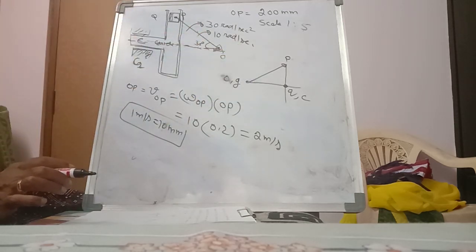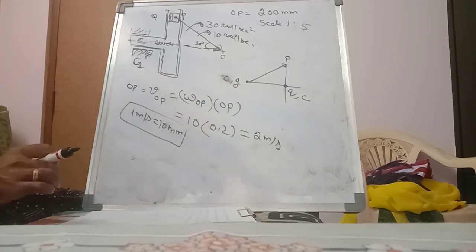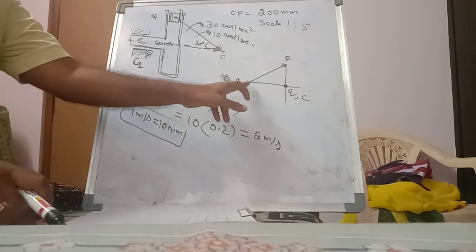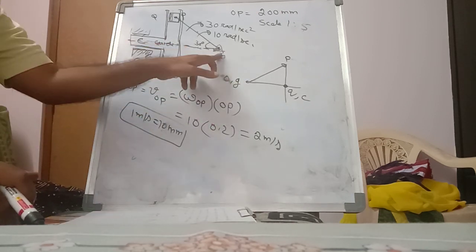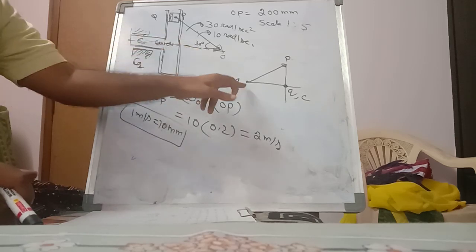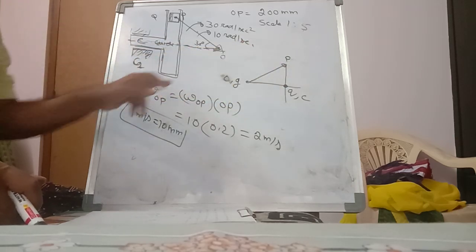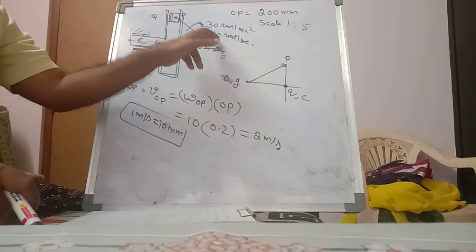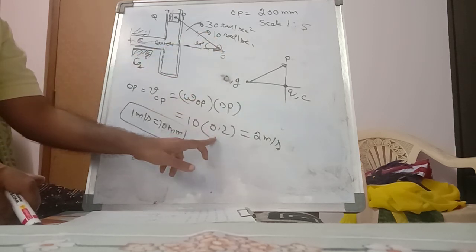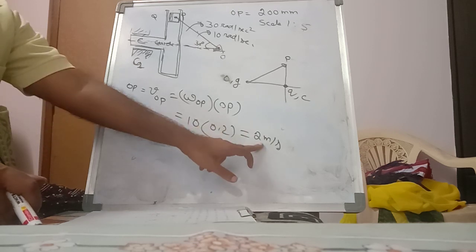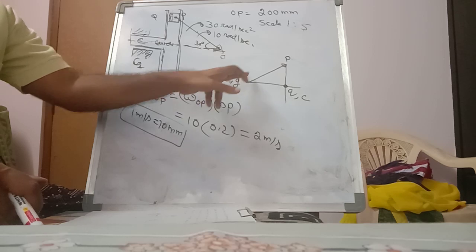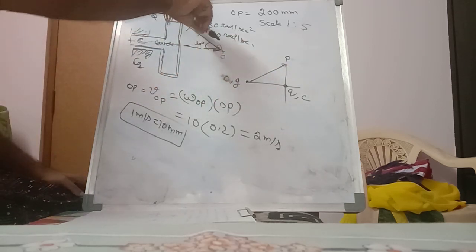Okay, so this is the velocity diagram. I will explain once again how to draw the velocity diagram. First you have to fix the O and G. This is the G, this is the O. Both are fixed points. Now draw OP. Small OP is VOP, which is omega OP into OP. Omega OP is 10 radians per second. OP is 200 mm, meaning 0.2 meters, which gives 2 meters per second, which by taking the scale is 20 mm. From O, draw your OP, which is perpendicular to the capital OP.